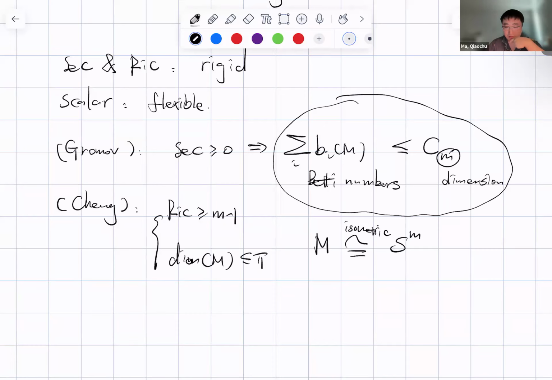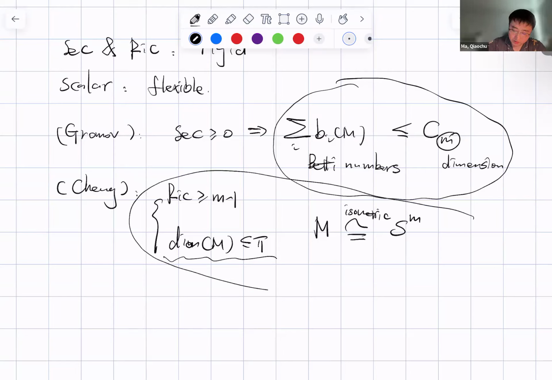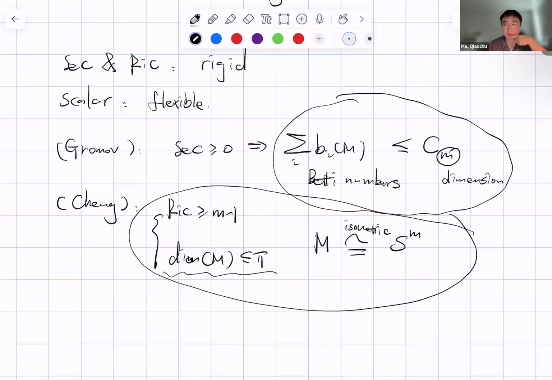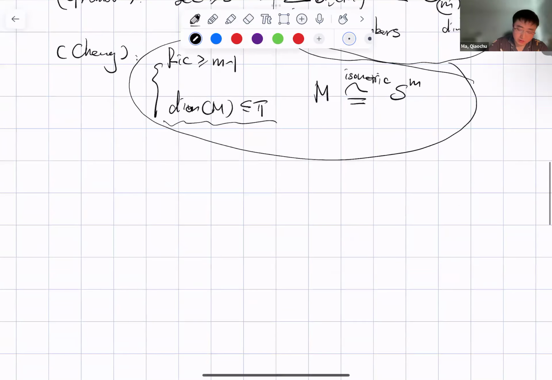This is also very strong. We have a lower bound on Ricci curvature and some geometric information, and then we can say that M is isometric to a sphere. It's a very strong geometric property. So from these two examples, we can say that sectional curvature and Ricci curvature are very rigid, and compared to them, scalar curvature